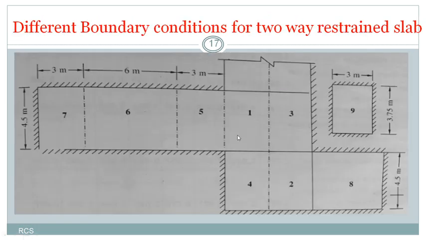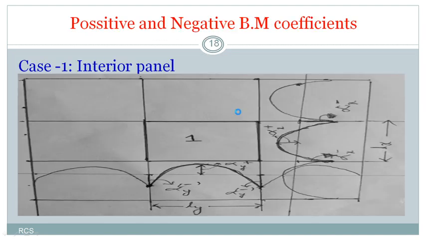Say here, this is a complete slab. From this slab I can say we have 9 conditions of slab given: 1, 2, 3, 4, 5, 6, 7, 8 and 9 finally. This 4.5 is the longer span and 3 meter the shorter span for this particular panel, and similarly a longer span and a shorter span for the others. Let me put all those conditions together. We have made one slab here.